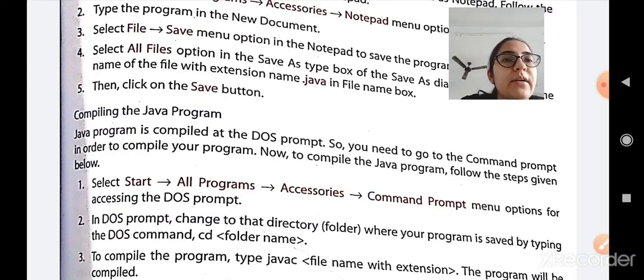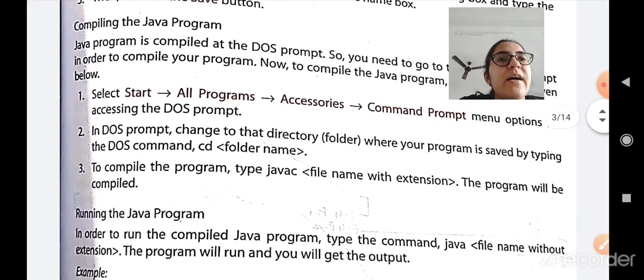So using cd and then typing the directory or folder name, you can go to that path. Now to compile the program, type javac and the file name with extension. For example, the name of our file is document1.java. So you have to type javac document1.java and the program will get compiled.